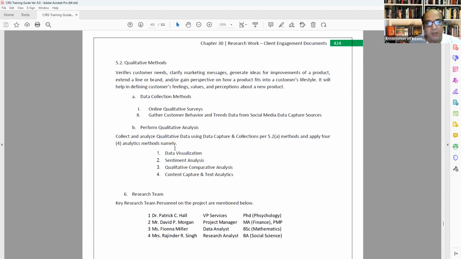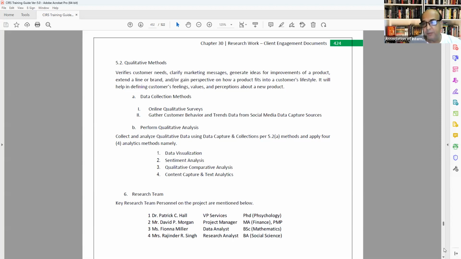So what would be the actual analysis you would do? You would do data visualization, sentiment analysis, qualitative comparative analysis, content capture, and text analytics. So all this is actually identified and defined in your plan before you can translate it into cost and time. And therefore, you're going to